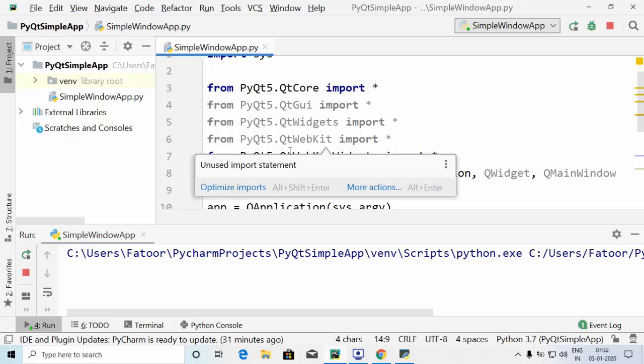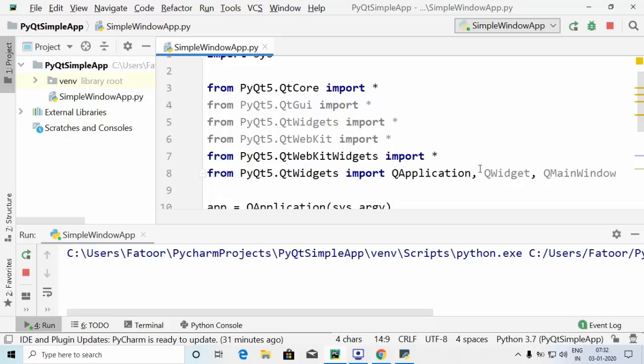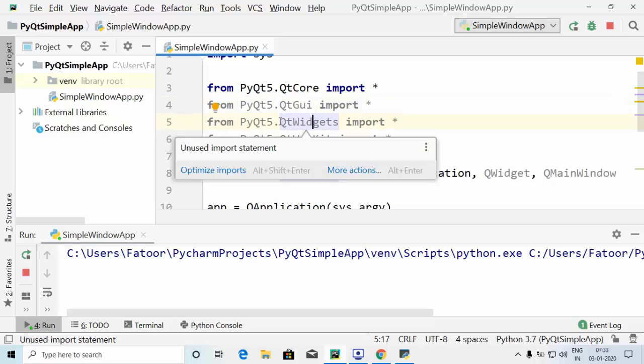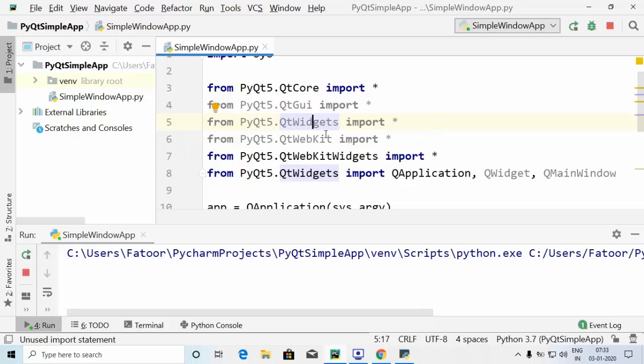The things that are mostly required for running the program are the Qt core, Qt WebKit widgets, and QWidget. Some of the things I have imported but have not used. As per your wish, you can import them. I have just imported them for reference and for other stuff if I'm going to create.